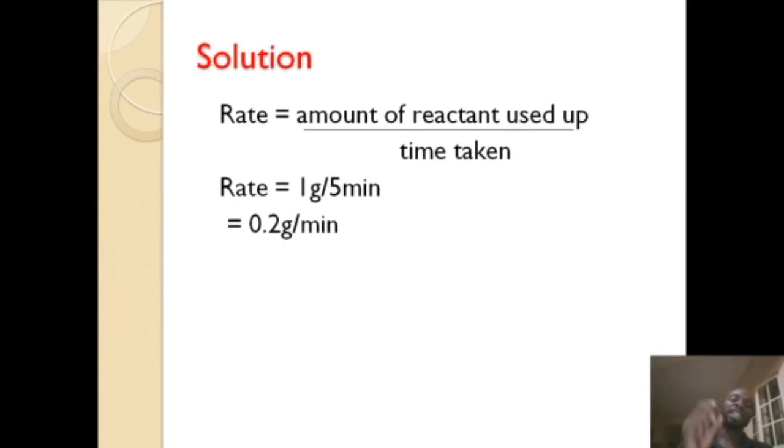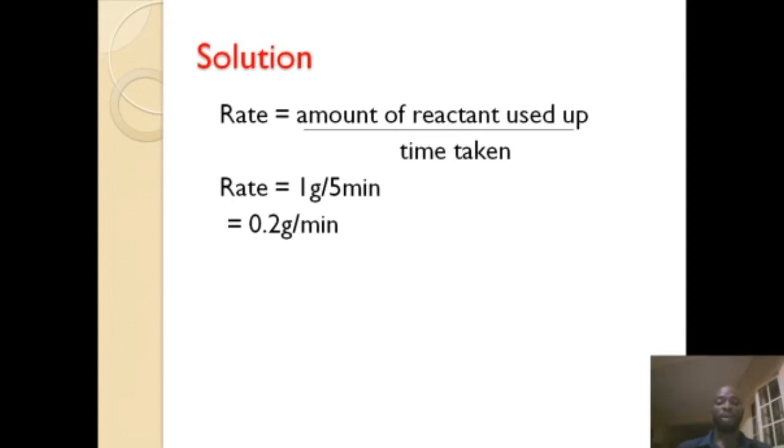I said that from this equation, or from the solution we got, we can say that for every 1 minute, 0.2 grams of calcium carbonate was converted to what? Calcium chloride plus CO2 plus water. Is that taken? Okay. We have other examples. You get it in your notes in the Google Classroom.